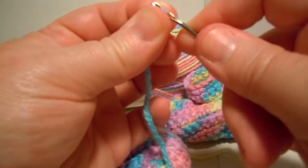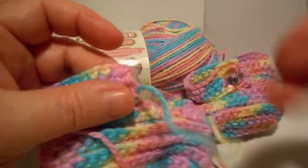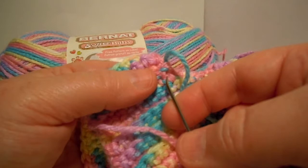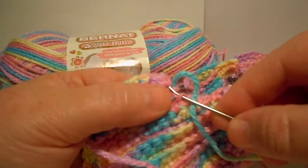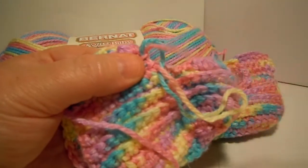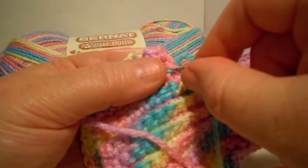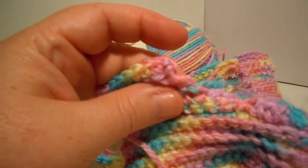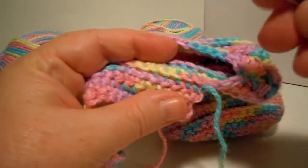And what I'm going to do is finish it, secure the end, and go ahead and weave in that end while I have it on the needle. Just makes it quicker and easy. So I just finished seaming, so I'm just going to come down through here a little bit and secure that, and then I'm going to run the yarn through to the middle of the booty, to the inside,